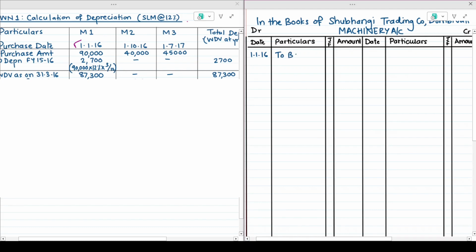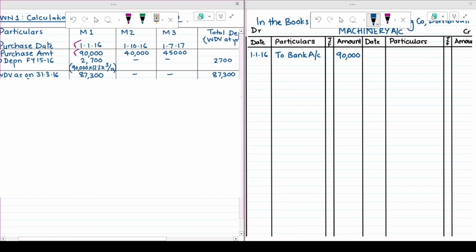We are paying it with bank. So the amount is 90,000. Machinery account debit to bank account. This is 90,000. And in this year 15-16, there are no other entries, so we will pass a depreciation entry. On 31st March 2016, by depreciation, the amount is